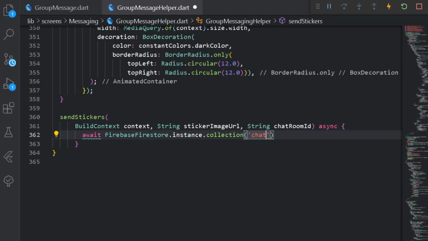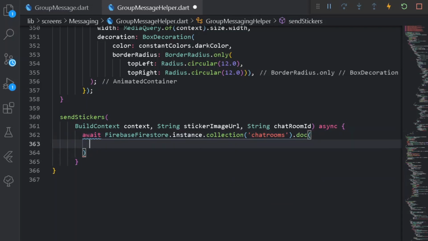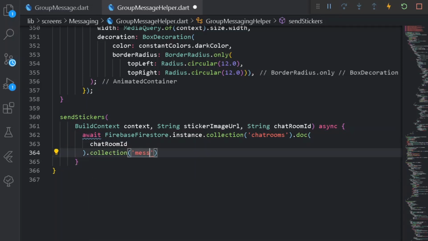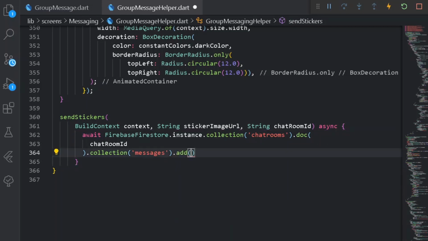Under collection I can have chatrooms, and here let's have the particular doc. The document shall be referring to chatRoomID. So here let's have chatRoomID, and after that I can simply say collection of all the messages. So here let's have all the messages, and from there we can simply add all of the following messages.